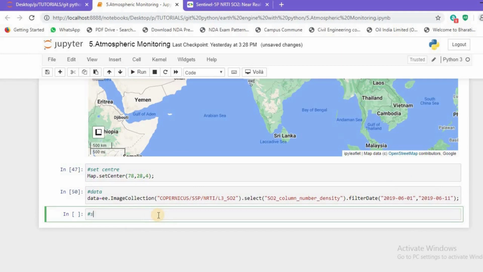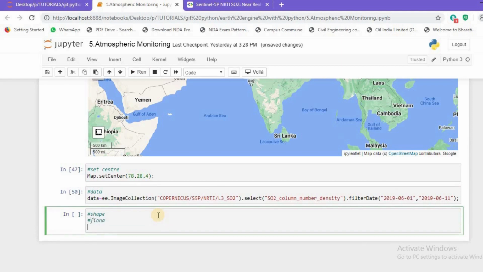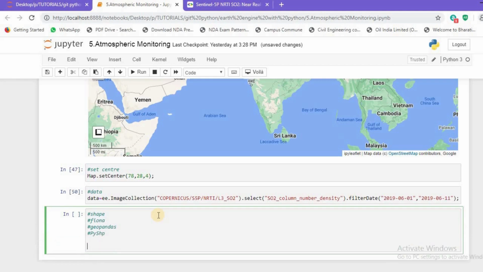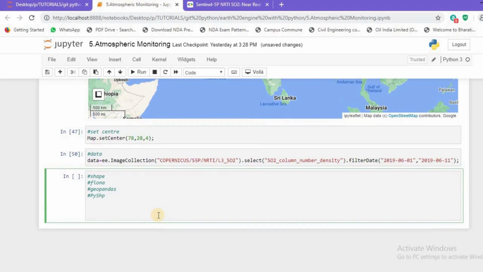Now we need a shapefile of India in order to clip our data. There are various ways to import a shapefile. You can make use of the Fiona library, you can make use of GeoPandas, you can make use of PyShp. So there are n number of ways, but since we have already imported the Earth Engine library, let's make use of the Earth Engine library.